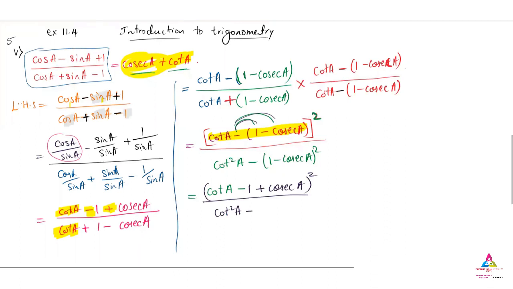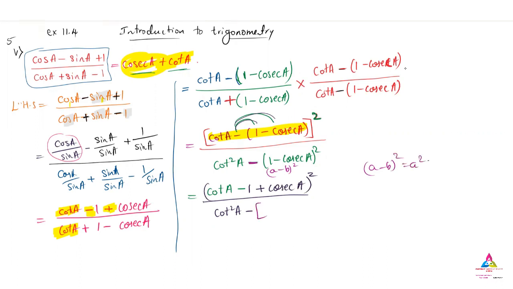Now it is in a form of A minus B the whole square. So you know what is A minus B the whole square. So put it in a bracket, because outside we have negative sign. A minus B the whole square is nothing but A square plus B square minus 2AB. That you know. The same formula you have to apply. But in place of A we have 1. In place of B we have cosecant A. So it is 1 square plus cosecant square A minus 2 into 1 into cosecant A. So put that bracket, because bracket is very important here, because outside, remember, negative sign is there.